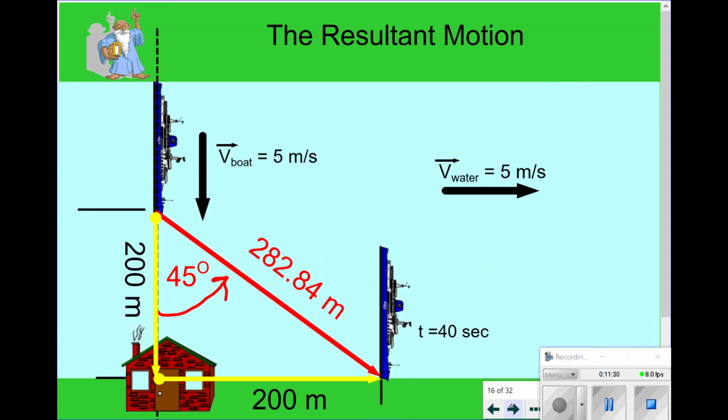If I wanted to find out what was the resultant motion of the boat, how far did the boat truly travel, and in what direction? So in short, looking at my observer, what did they observe? Because they didn't see the boat go like an Etch-a-Sketch line going down and then sideways. What they saw was the boat going diagonally across the river, not straight across, but diagonally along this resultant